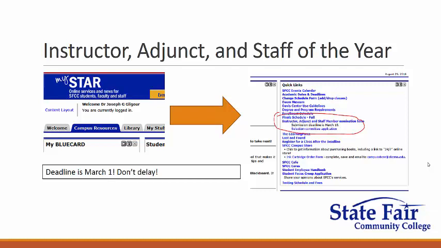And that's definitely going to help the person you nominate get closer to winning the award. If you don't want to nominate someone, which I can't imagine, you can go to the Selection Committee application, which is right underneath that link on MyStar on the Campus Resources tab. You can be on the committee that gets to decide who the winners are. So I would encourage you to look into that if you don't want to nominate someone.